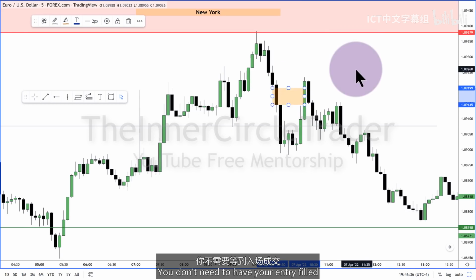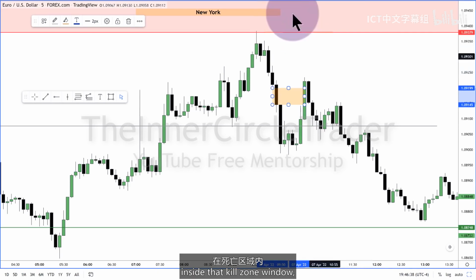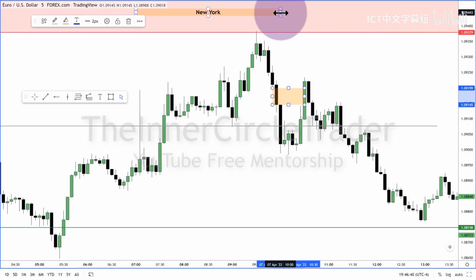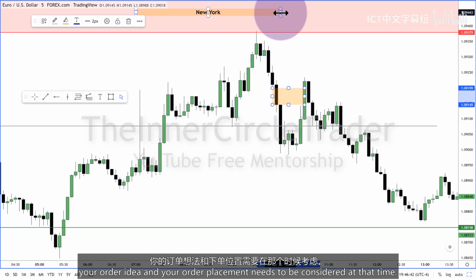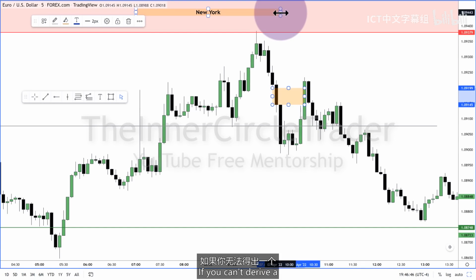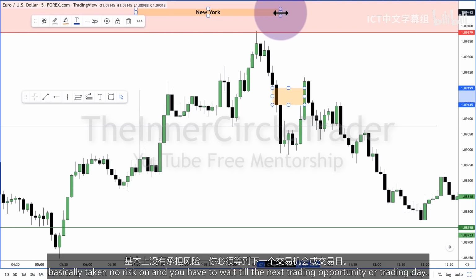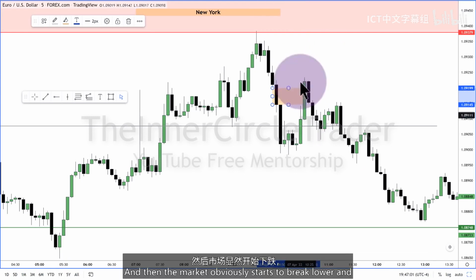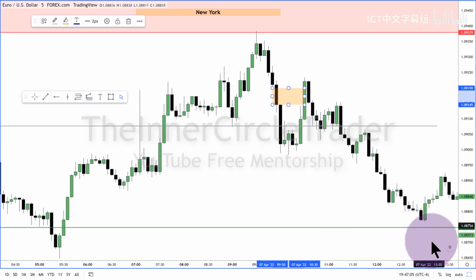You don't need to have your entry filled inside that kill zone window. Your order idea and your order placement needs to be considered at that time. If you can't derive an order placement for a setup or trade entry by that time, you have nothing to do. And that's it. You've basically taken no risk on and you have to wait till the next trading opportunity or trading day. And then the market obviously starts to break lower and then